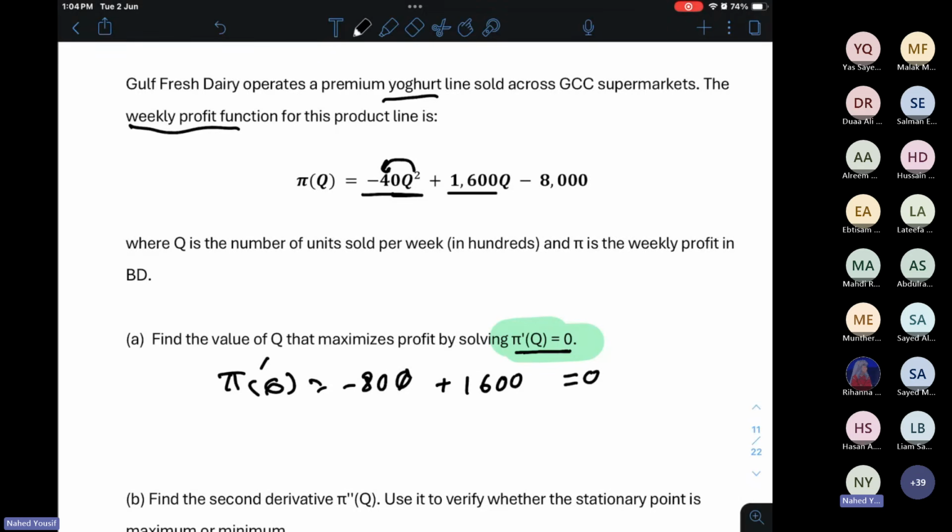This is equal to 0, so the first derivative should be equal to 0. Solve it, we will just get q equal to that over 80, which is equal to